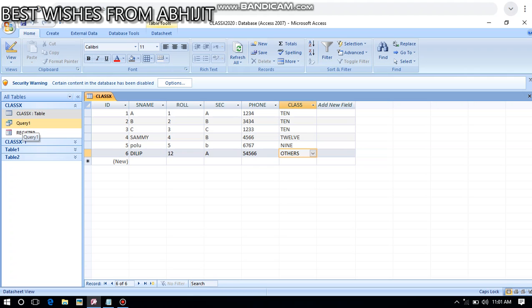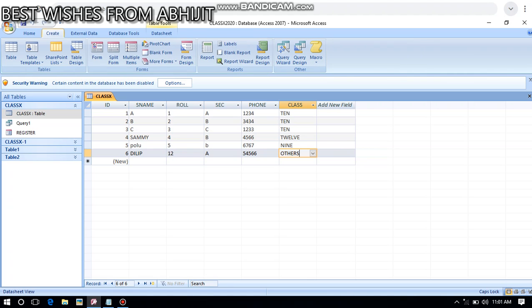So I will help you to learn to create one more query, and when we do query practically, then we will understand more nicely what is the purpose of query. So let's click on the create tab. When I click on create tab, you can see here